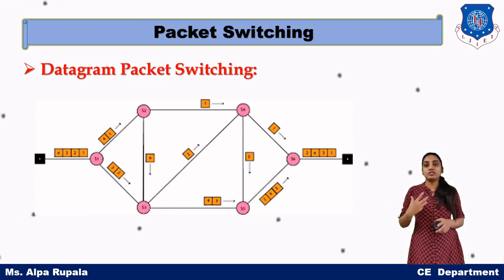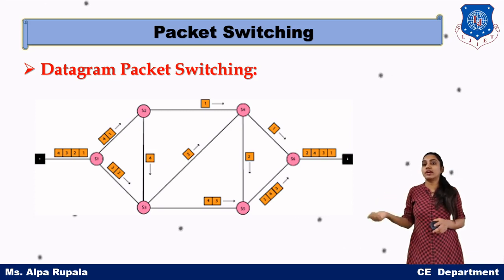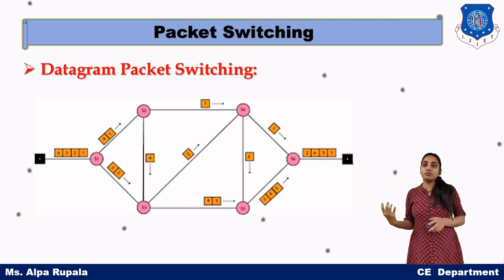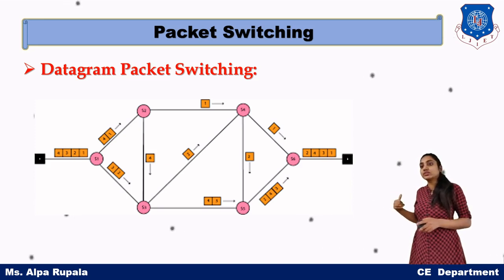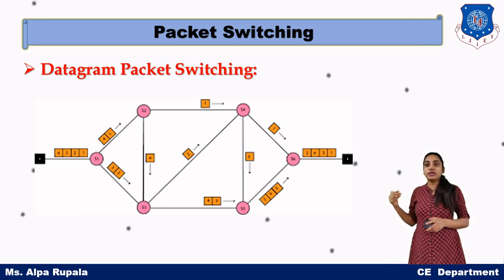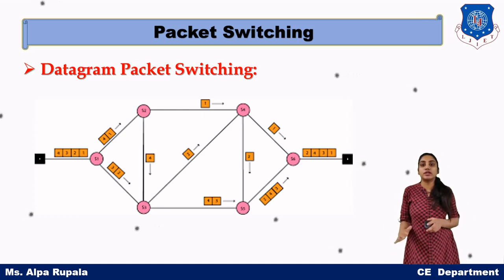So the whole data will be transmitted to the network, and each individual packet will find its own route to be received at the receiver side. Okay, so we can see that if some other party, here we are transferring from A to B, suppose C to D also wants to transmit on the same network. At that time, C will transmit its data directly on the network. The data will be transmitted to D independently, even if the data from A to B is being carried on that particular line. Okay, so there is no dedicated connection at all.